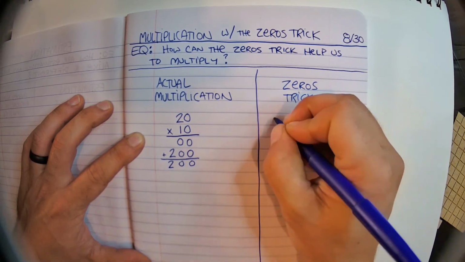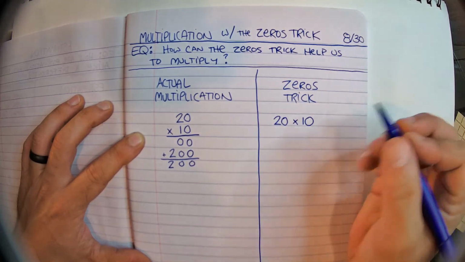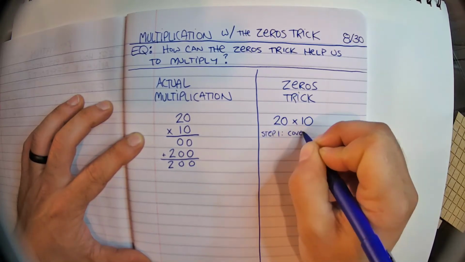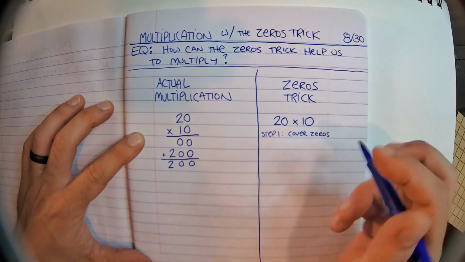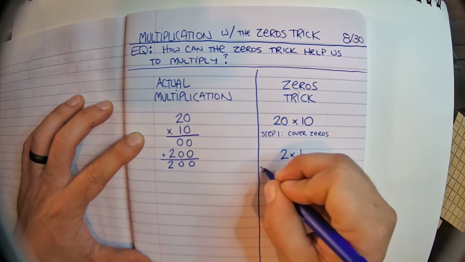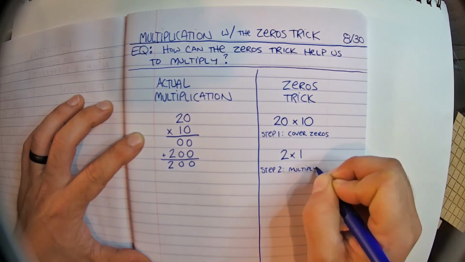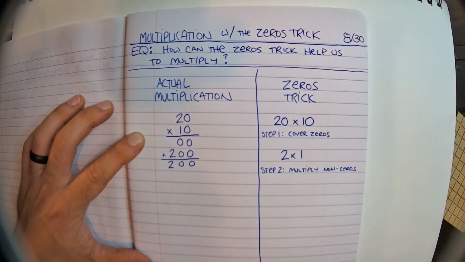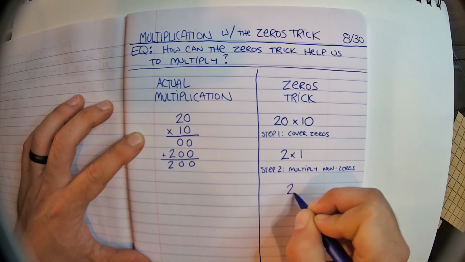So let's try this same problem with the zeros trick, okay? So step 1, cover the zeros. So pretend like the zeros aren't there. So that gives us 2 times 1. Step 2, multiply non-zeros. So 2 times 1 is 2. And we'll come back